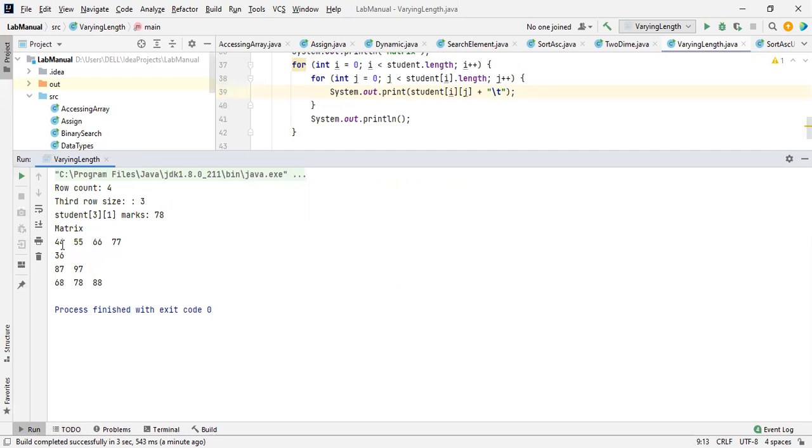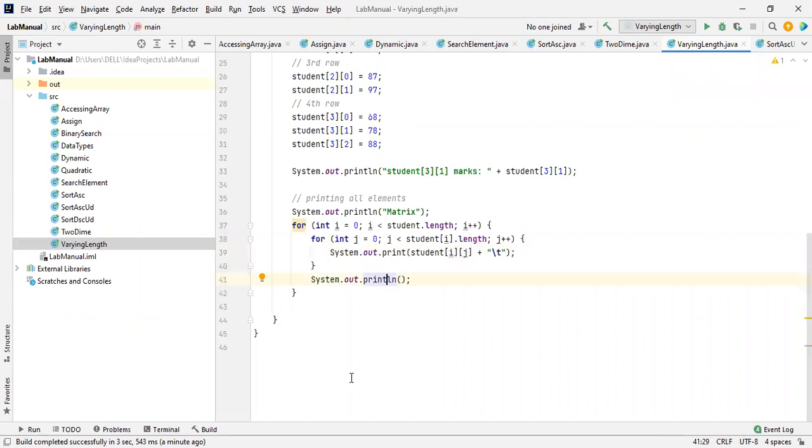So this is the tab for the spaces. One row has been completed, and next we have to print in the next line. That's why println has been used. And here I used only the print statement. Here the println statement. I think you got the point. Okay, now you are familiar. Very easy to understand, but don't get confused.